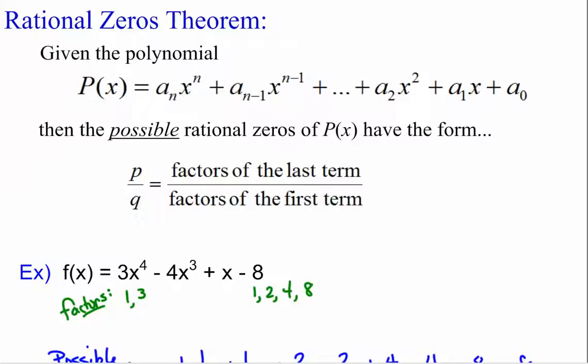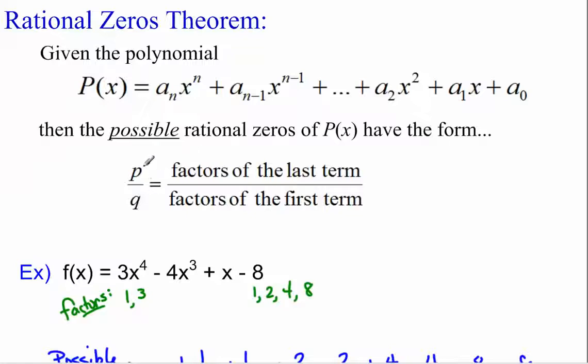Okay, here's a theorem called the rational zeros theorem. We're going to use this to help us find all the zeros for a polynomial function. It says if you have a polynomial function a sub n x to the n plus and so on, down to a sub 0, then my possible rational zeros are going to be in the form